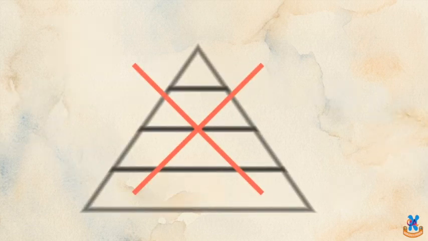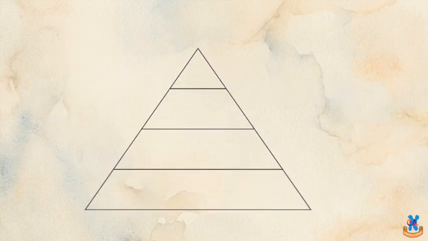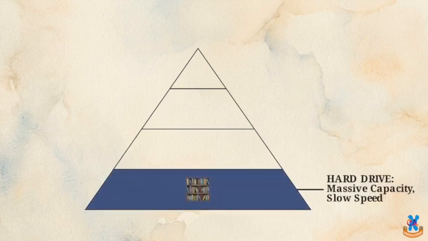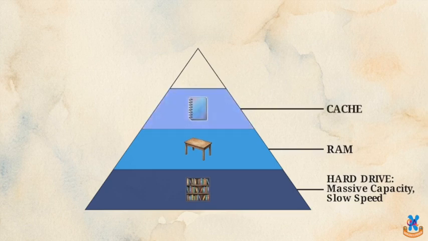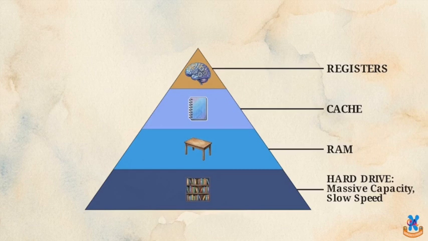However, understanding exactly how modern machines manage and store data is where many candidates lose their footing. This diagram maps the computer's memory hierarchy. If we use a study room analogy, the hard drive at the bottom is a massive bookshelf. It holds everything, but it is slow to search. Moving up, RAM is your active desk space. Cache is an open notebook right in front of you, and the registers at the very tip are the thoughts